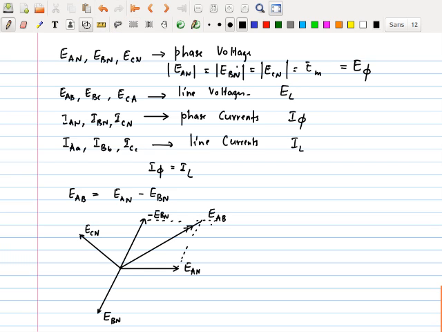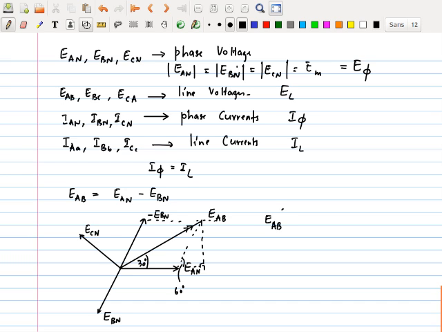Now we do the same kind of analysis we did last time. We are going to drop from here a perpendicular to this. You realize this angle is going to be 30 degrees, and the angle here is going to be 60 degrees. I can use the simple Pythagoras rule here,